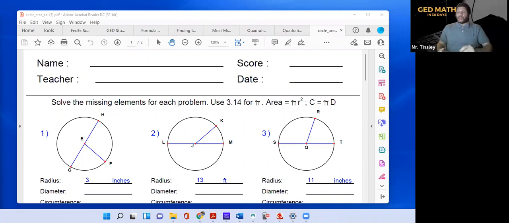So the first thing I wanted to go over, I saw people having problems with circles. So I just want to make sure you're going to get an area and circumference of a circle. I want to make sure we know the basics, how to figure out the circumference, how to figure out the area. But then I also want to go over if they give you the area or if they give you the circumference of a circle. So for example,